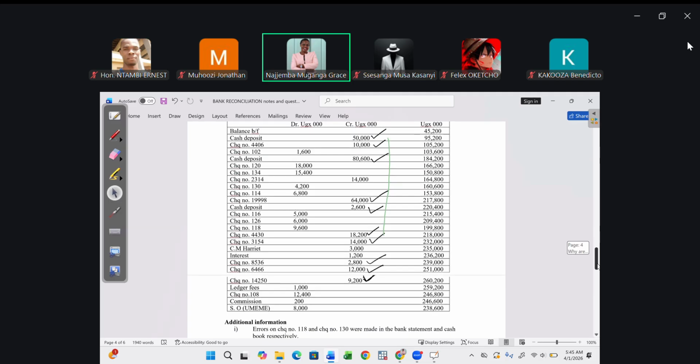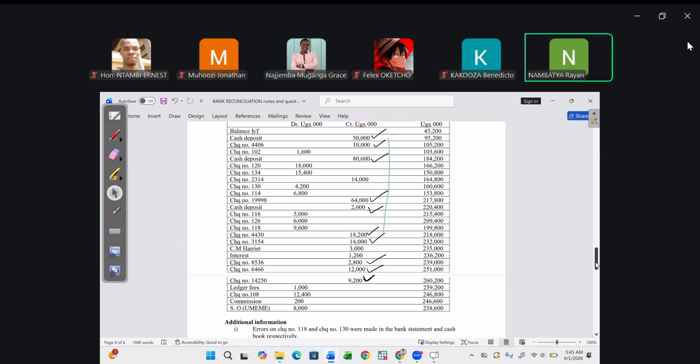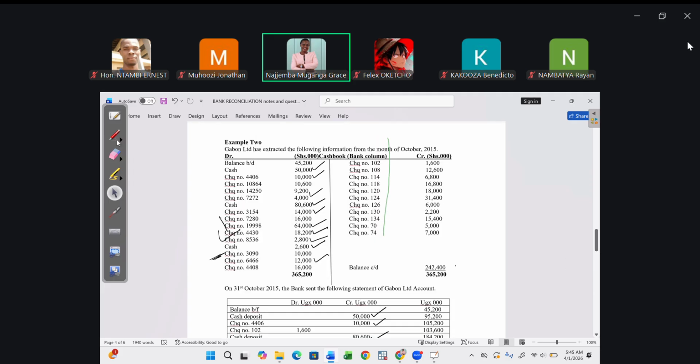It's not there, is it? No. Okay, so we are done with the debit side. You all see we're comparing figures on the debit with figures on the credit. So that is done. Now let's move to the credit side. We're going to be comparing figures on the credit with figures on the